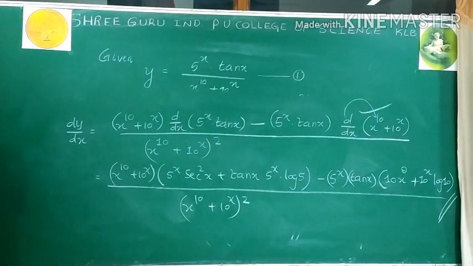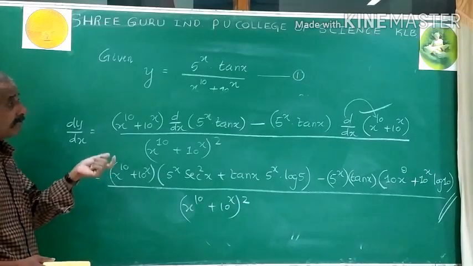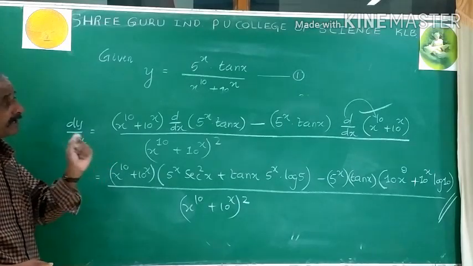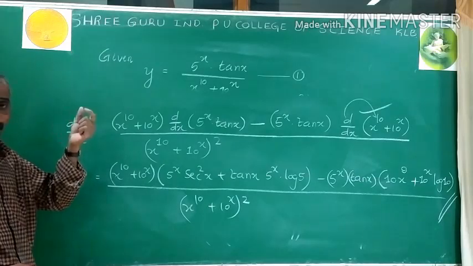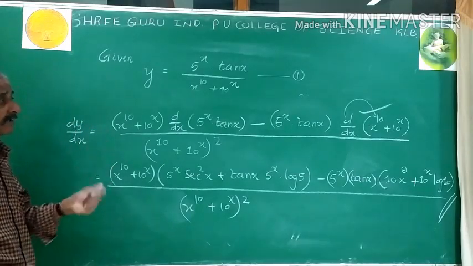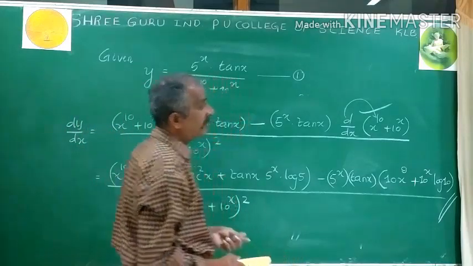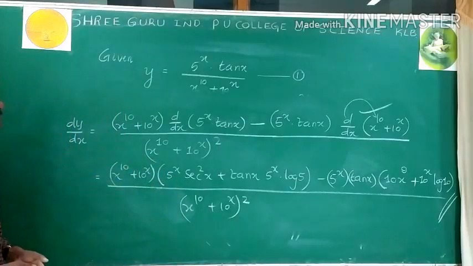And I hope that by these examples you come to know how to apply the sum rule, product rule, and quotient rule correctly. That is very important in differentiation, because most students are not able to recognize where to apply the sum rule, where to apply the product rule, where to apply the quotient rule. Until you study the sum rule, quotient rule, and product rule correctly, further cases of differentiation will not be easy. Write the next problem.